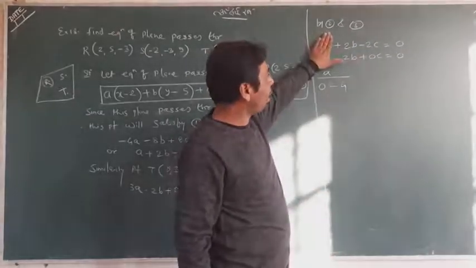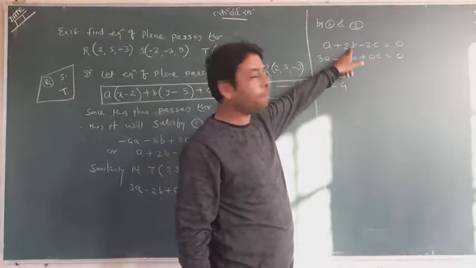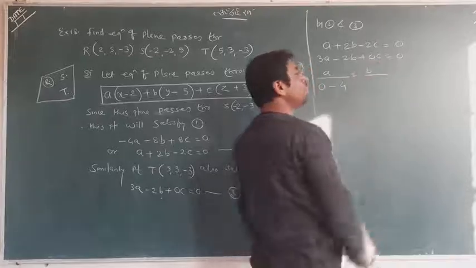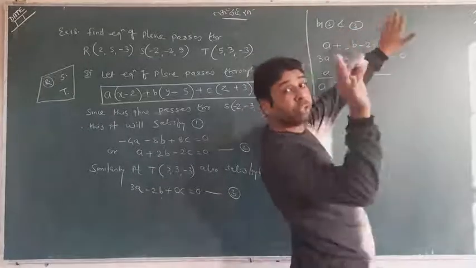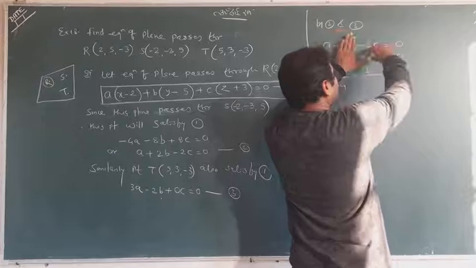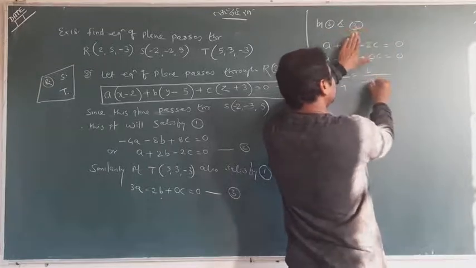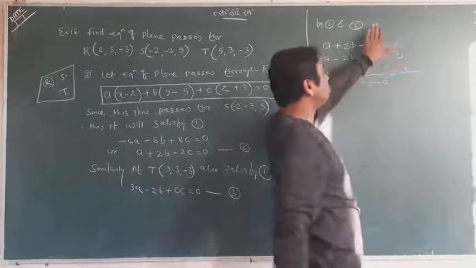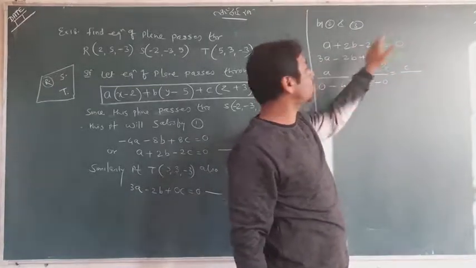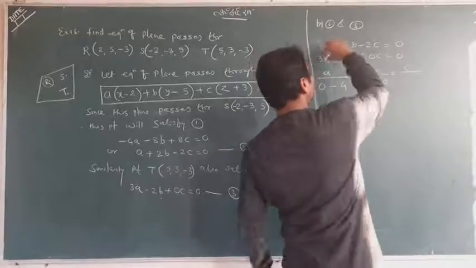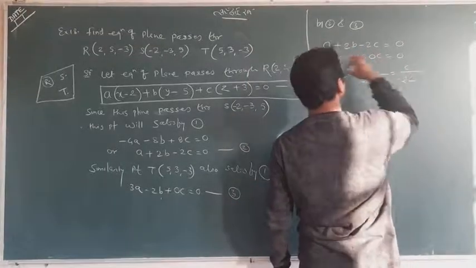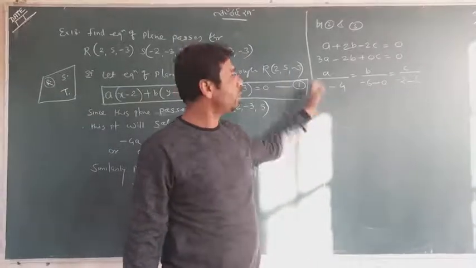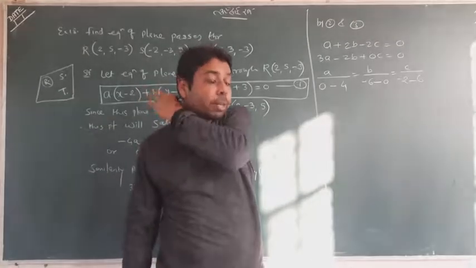So when I use A upon, left up to right down, and this cross equal to. When we talk about B, the direction will change, right up to left down. Minus 2 into 3, minus 6, and 0 into 1, this is 0. And again when we talk about C, the same direction will be used, left up to right down: minus 1 into 2, minus 2, and 3 into 2, 6. That is the simple thing. Hope you have got it. You can see the video once or twice by repeating yourself.